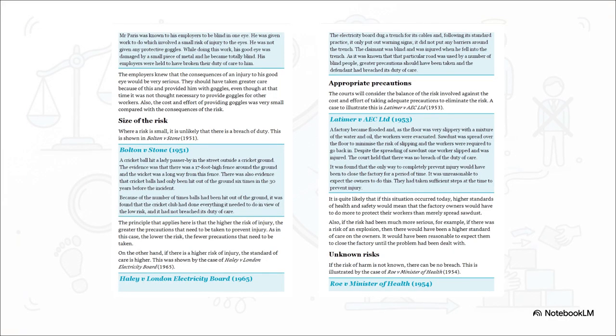Now, flip that around and compare it to the 1965 Haley case. An electricity board dug a trench in London. They put up warning signs, sure, but no physical barriers. A blind man walking down the street tragically fell in. Because it was widely known that this exact road was frequently used by blind individuals, the risk of injury was incredibly high. So the court ruled that simply putting up signs was nowhere near enough. Failing to put up barriers was a massive breach of duty.